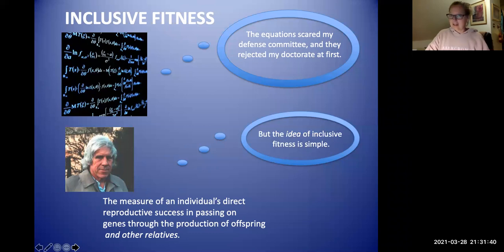His first defense committee just said, no, this doesn't count as a doctorate because we can't understand it. That's how badass you have to be when the Harvard professors in the math department can't understand what you're talking about because math is too hard. So when the math got too hard, he revamped and he met up with a couple of biologists. And Hamilton is really famous in biology, but he was not a biologist. He was a mathematician. And he was so good at his job, he was actually pretty convinced he could understand